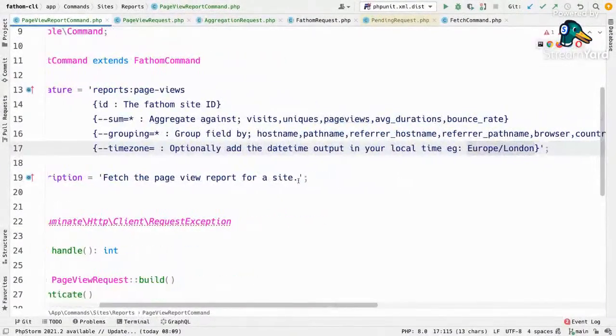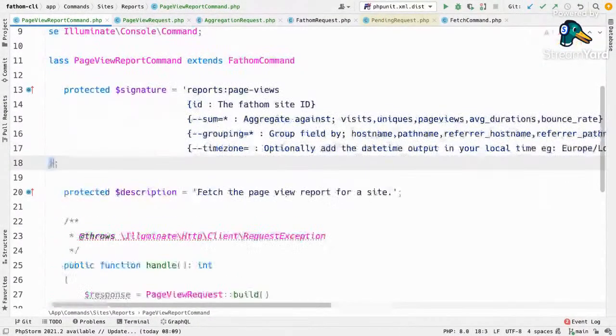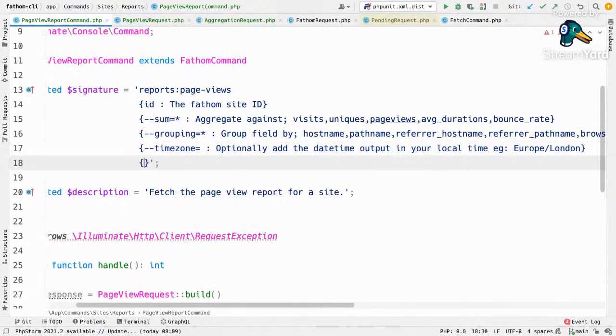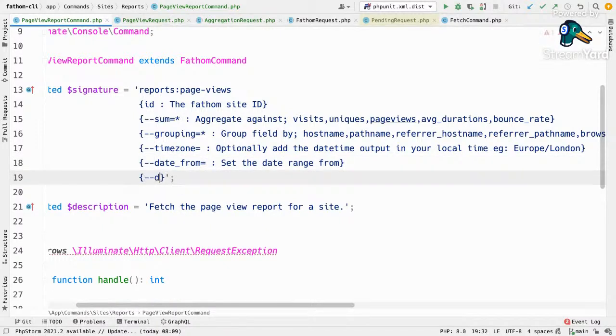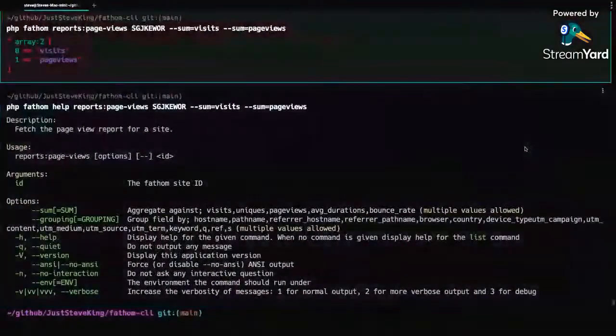So that's it. You could do dates. So I suppose I may as well add them because it's not really going to hurt to add them. I could do a date from, set the date range from and date to. I could just shorten that to from and to, right? There's no other date requirements. Set the date range to. So now if I come to here,